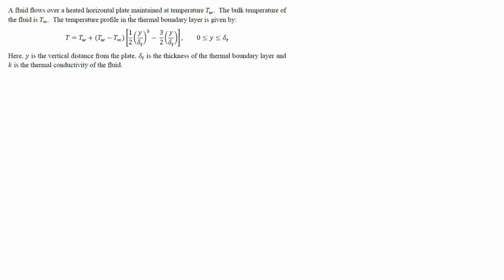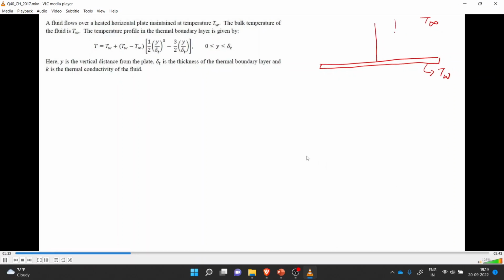A fluid flows over the heated horizontal plate maintained at temperature Tw. So let's just consider this is our heated plate, and the temperature we have been given as Tw. The bulk temperature of the fluid is T infinity, and we have a fluid flowing through this plate. So correspondingly the profile,